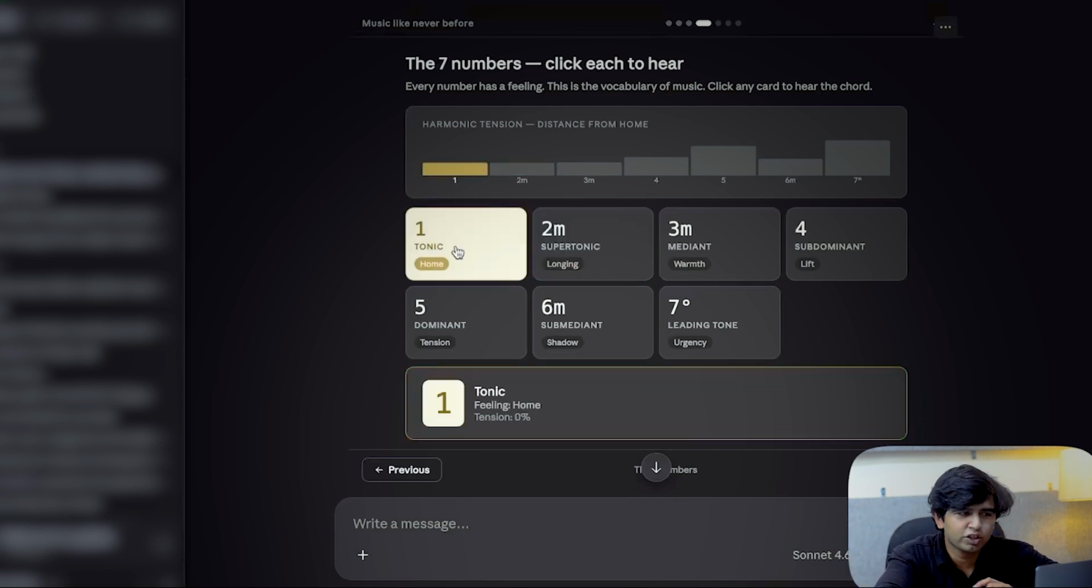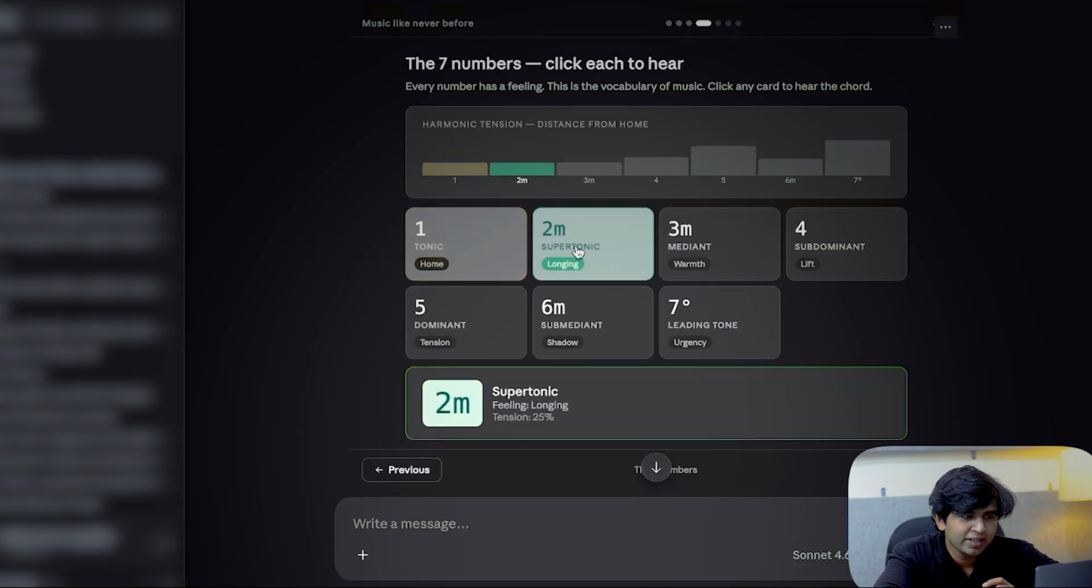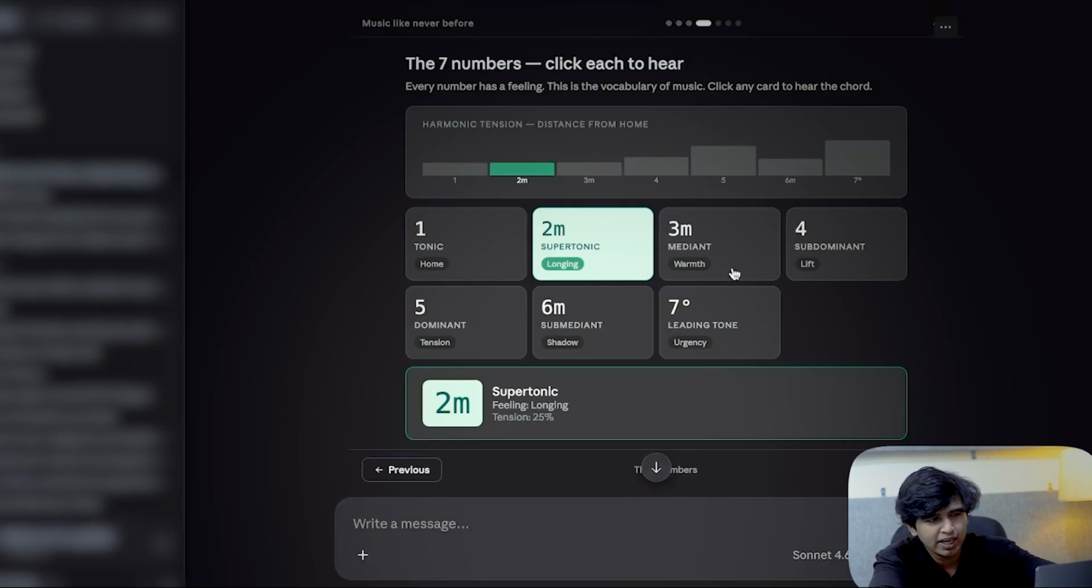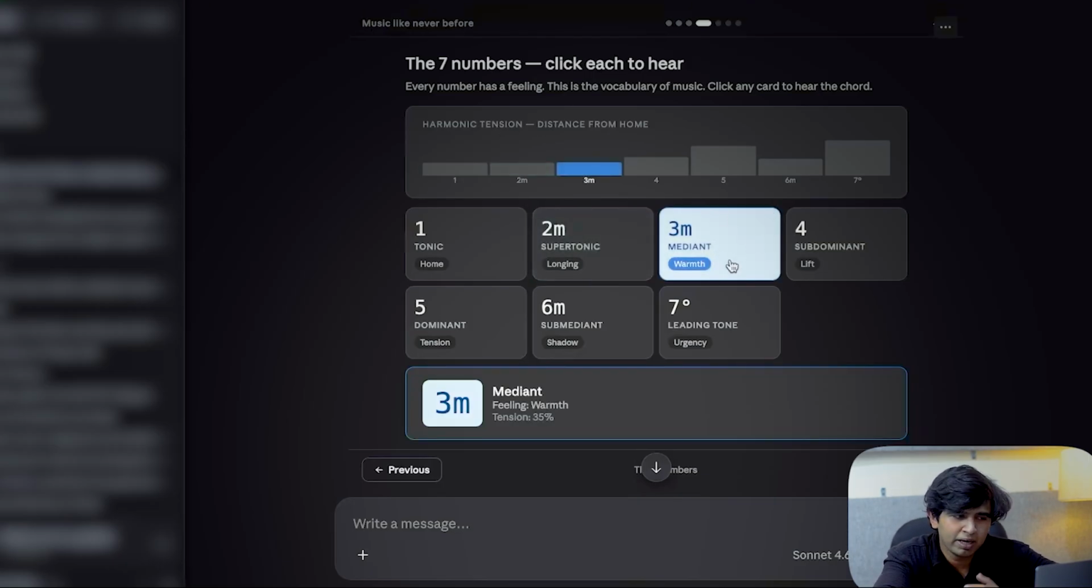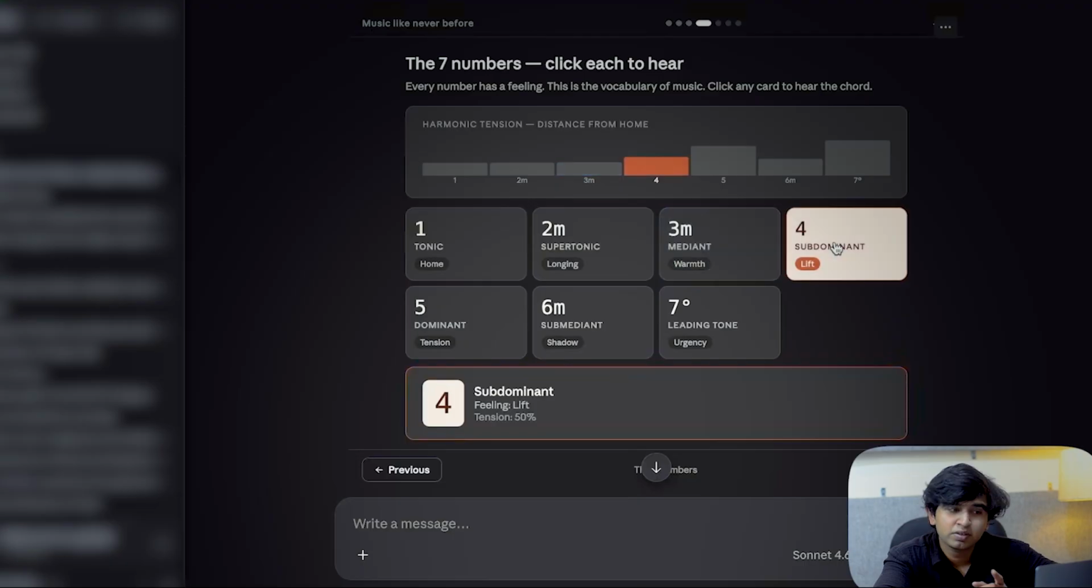Okay. So the first chord, it's called home. What is it called? It's called home, or the tonic. Okay. Second is the minor chord. It's called supertonic. Now, when you move to this chord, it feels that you're longing for something. Okay. And there's less tension. And then there comes the 3 minor chord, which is called the mediant. So now it has warmth in it. The fourth one,